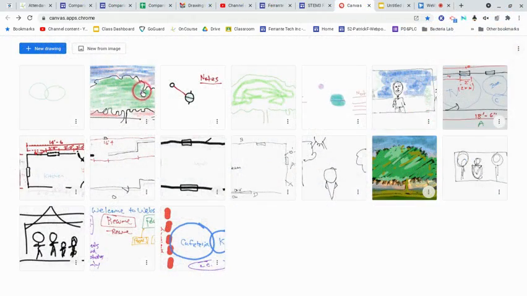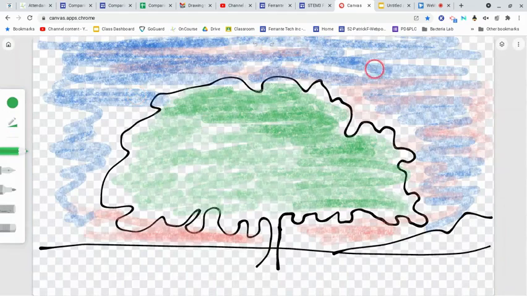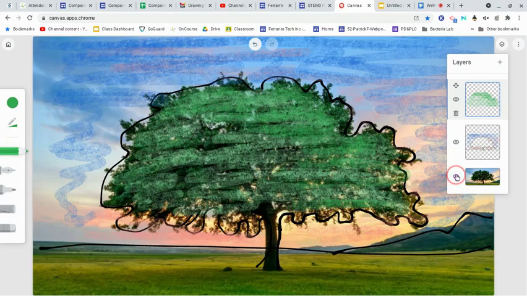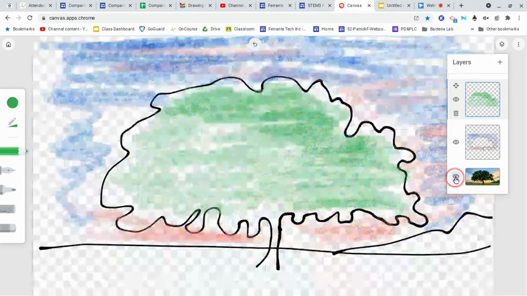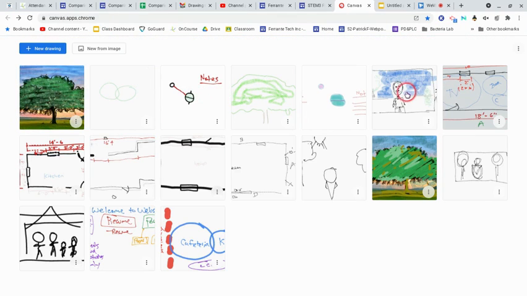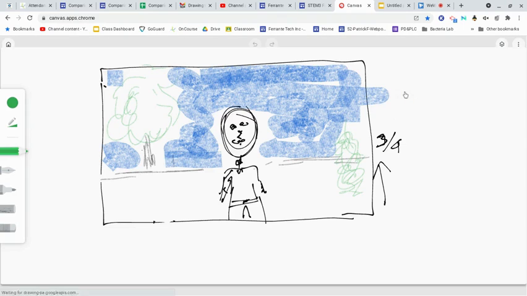So let me show you a few examples. Okay, here's an example where I have a tree in one layer from the internet, and then I sketched over that in a couple of different layers, and then I click the eyeball and I hid the tree. All right, so if I had a sketch that I wanted to cartoon that maybe I wanted to insert into a Google Slides presentation,